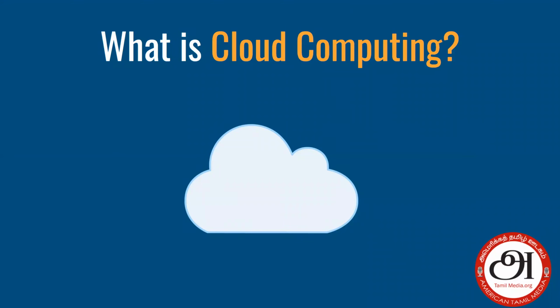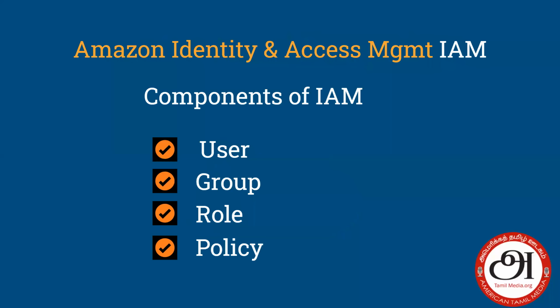And you are going to pay for what you are using, and you don't have any long-term commitment. With that, let's see what are the main components of IAM. So there are four main components, right? One is the basic user. The user accounts for,